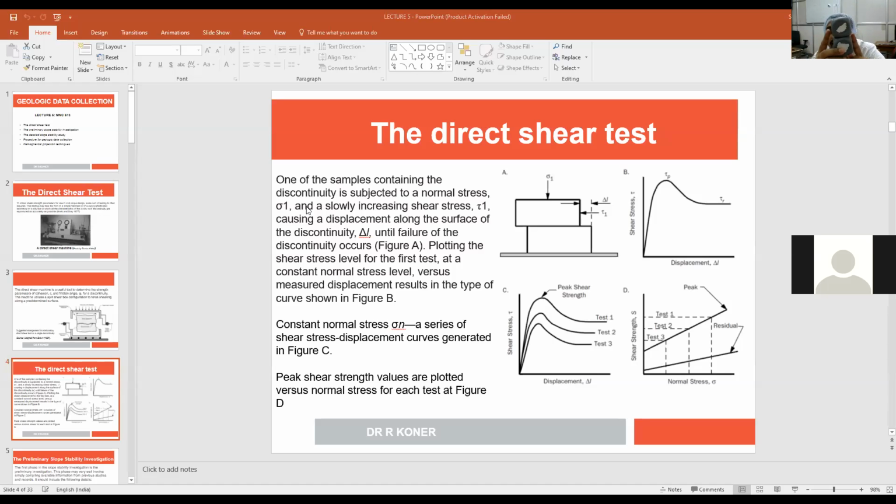If the sample is L length, and we allow del L amount of displacement, after which we will not take any result. So there is a percentage. What would be the del L amount? Up to that we will take the data, and up to that del L amount of displacement, what is the peak load taken by that particular sample? That is tau p. That is the peak load taken by the sample. That is the peak shear stress of that particular load. So we can plot that particular data in this fashion, in the figure B I have shown.